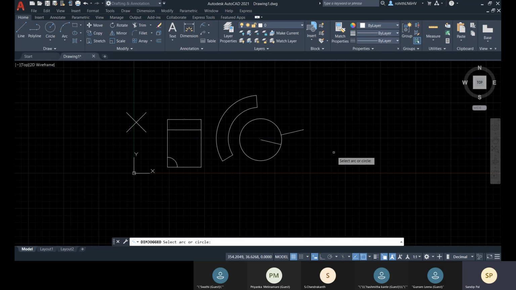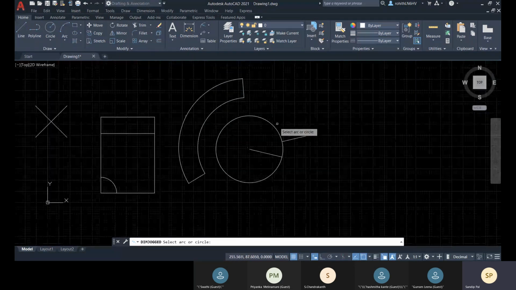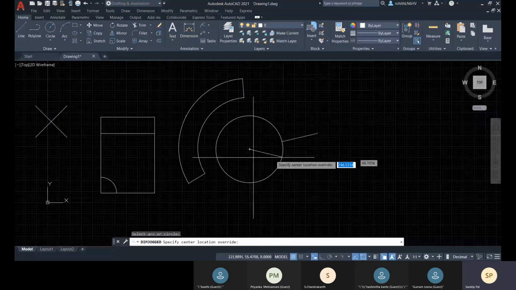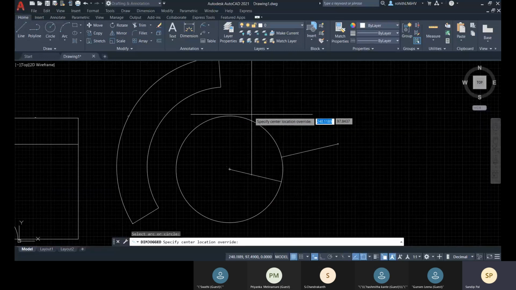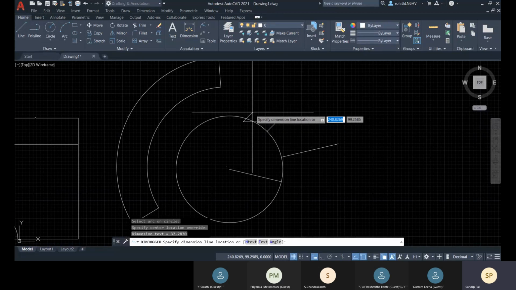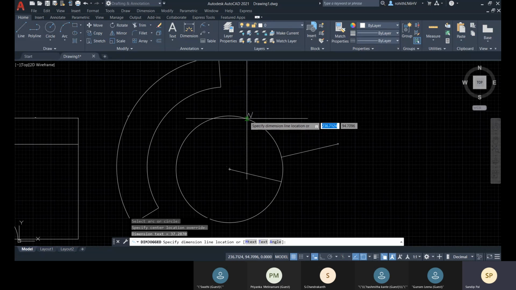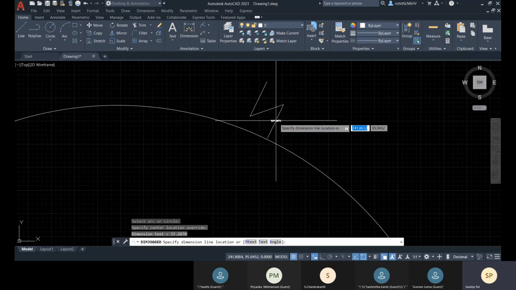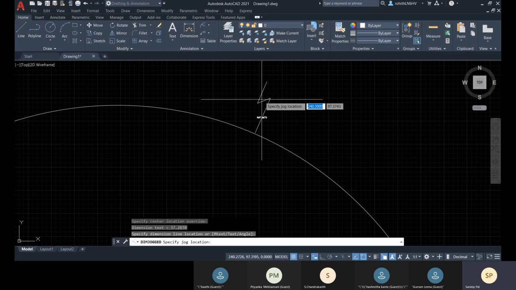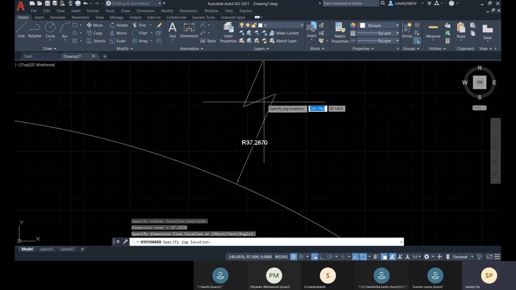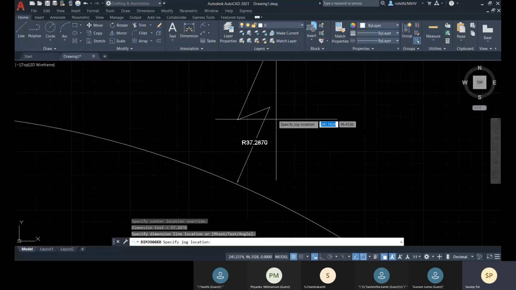Then we will go for this jogged dimension. This is applied to arc or circle only. So you select any circle, then you will specify the center for that jog dimension, and then you will specify the dimension location there, and then where this jog will be placed.